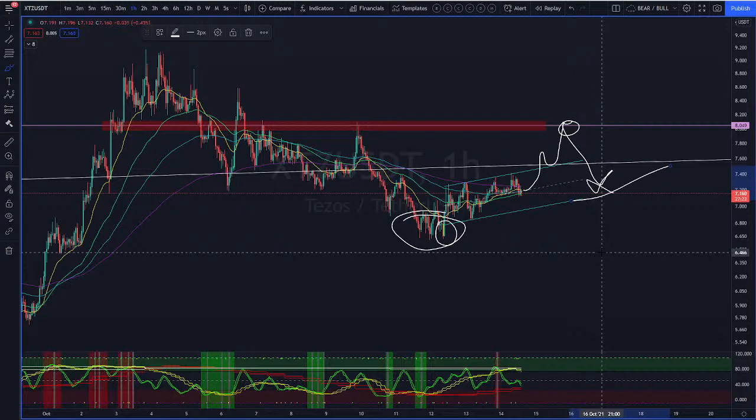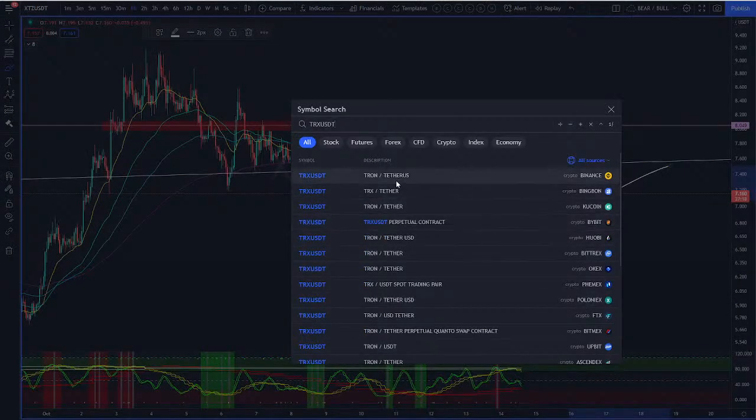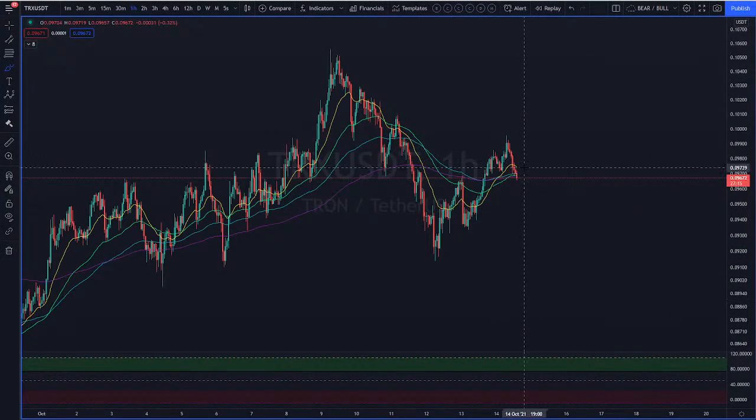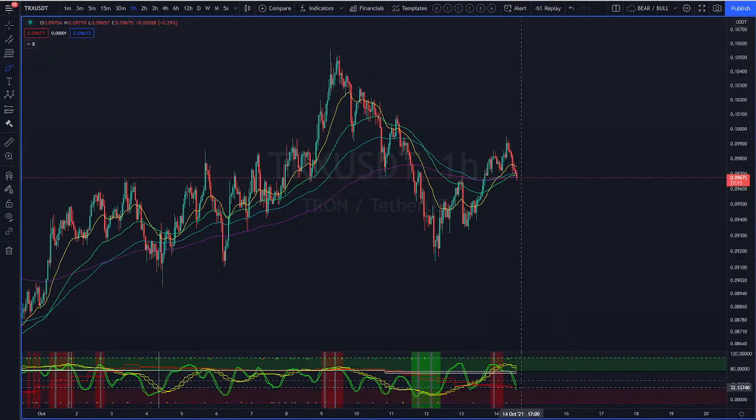Tezos right now. Let's take a look at Tron. Tron's already staging a pullback. The 12-hour isn't quite there. The 3-hour looks bad. Yeah, I would say Tron right now looks like it is about ready to make a